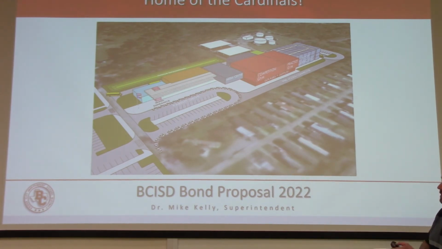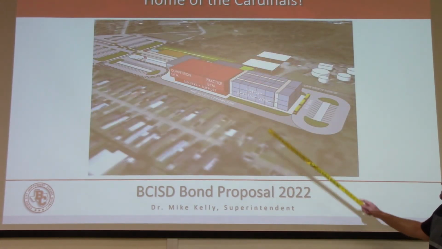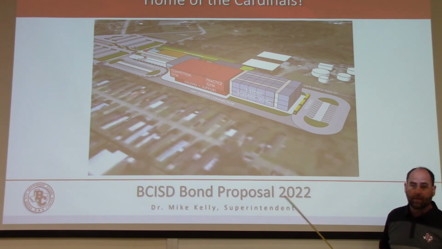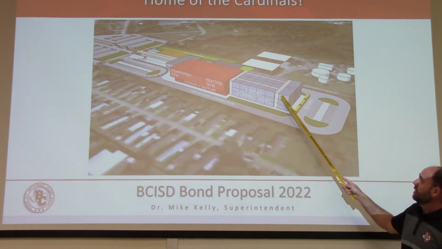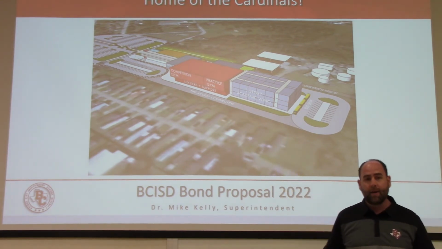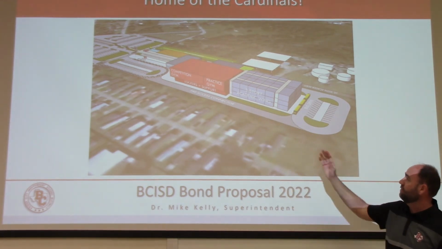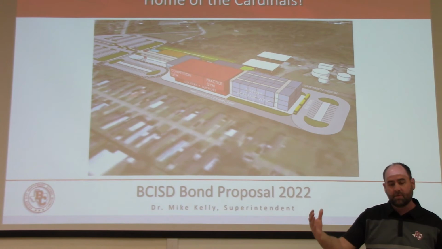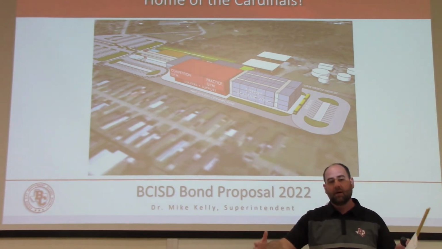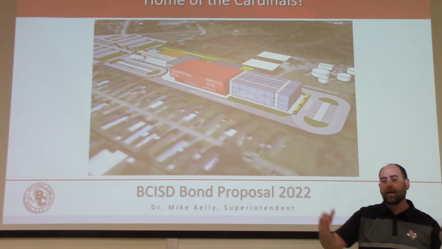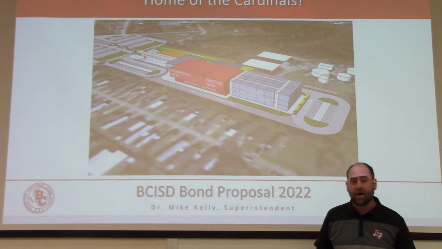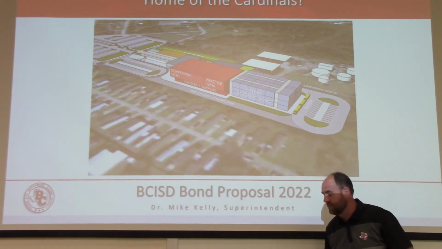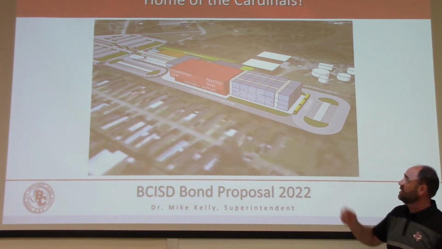And then the back, the very back, is a 3-story academic wing, 6th grade on the bottom, 7th grade, and then 8th grade up top. I will tell you as a parent, I love the fact that a 6th grade student is going to be with 6th grade students all day long, 7th grade same way, 8th grade same way. Academic wing is outfitted with lockers. That has been a question that has been asked multiple times. It is outfitted with lockers.